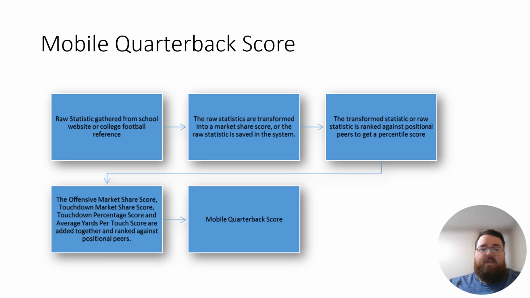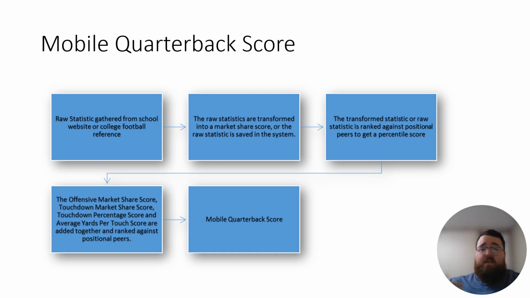Looking at the mobile quarterback score, if you're new to the channel, the mobile quarterback score takes into account raw statistics that are then transformed into market share data. Like you take the total yardage of a quarterback compared to the team total, and that gives you a market share number, which is then compared to every single quarterback performance over the course of the data set that was used. The main numbers I use to make the mobile quarterback score is the offensive market share score,